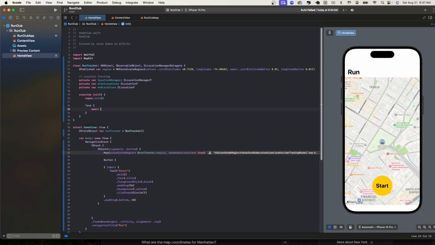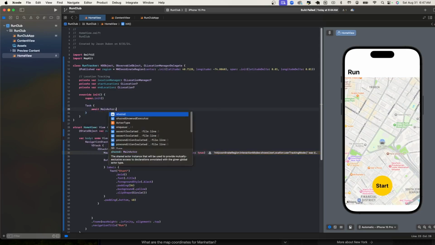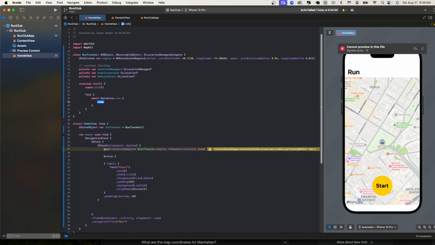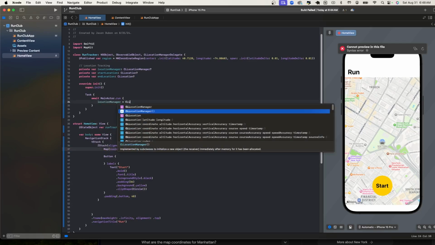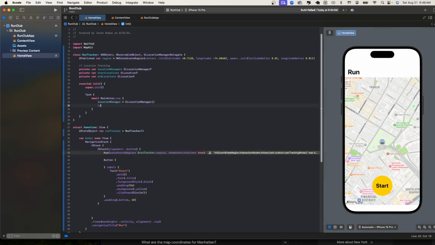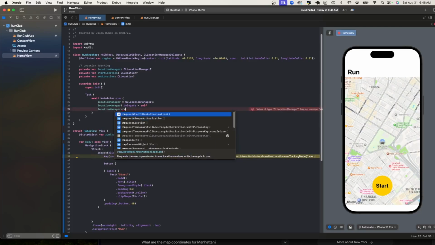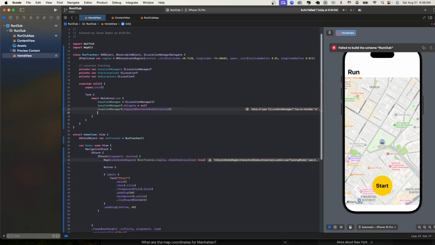So we want to do this on the main thread, and we're going to ask, what do we need for that? We need to call the location manager, set it equal to CLLocationManager, and then from there we need to set the delegate equal to self. This delegate is what's going to give us updates of the user location. And then we can request different types of access. So request when in use authorization,